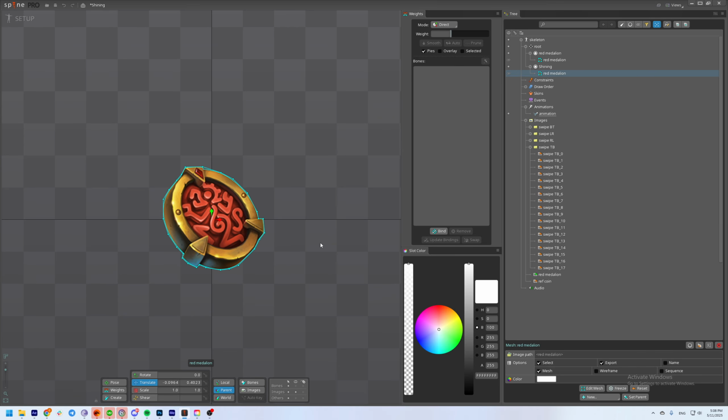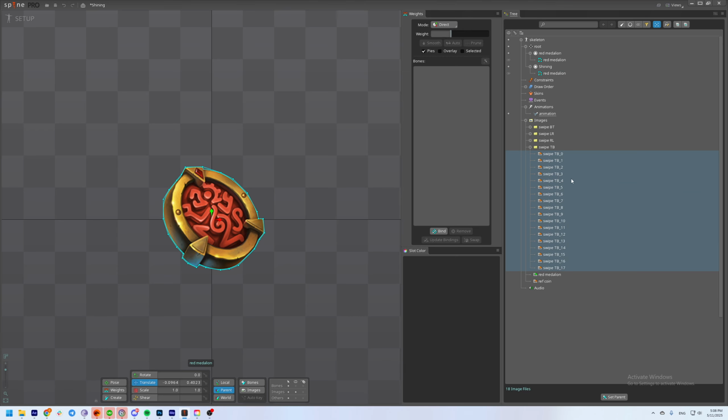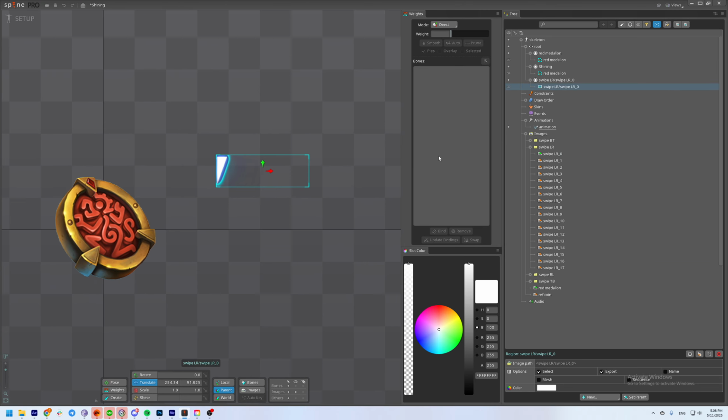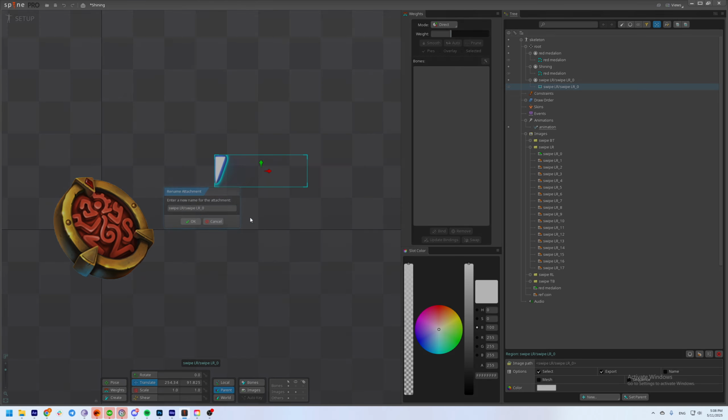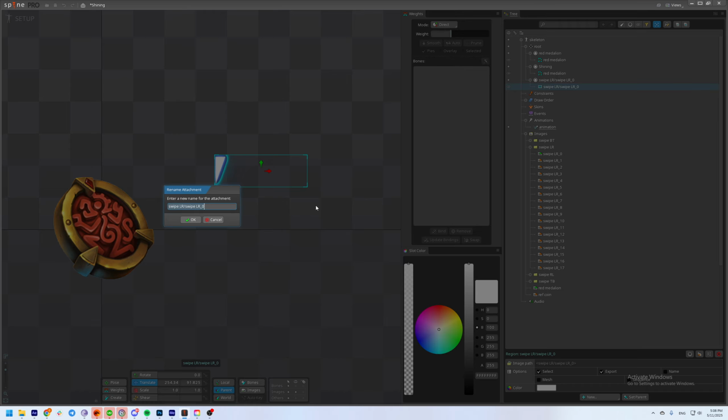For this particular technique, you have to have rendered previously the directions that you want to use. For example, for this one I want it from left to right, that's why we are going to use this one. And you can just copy the name from here,